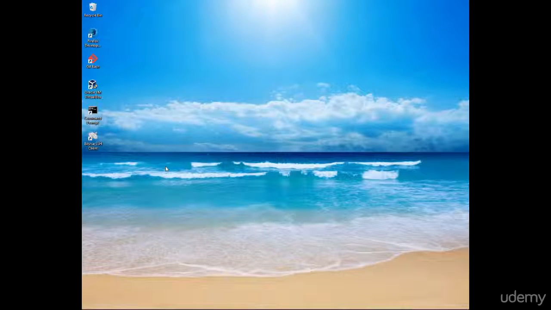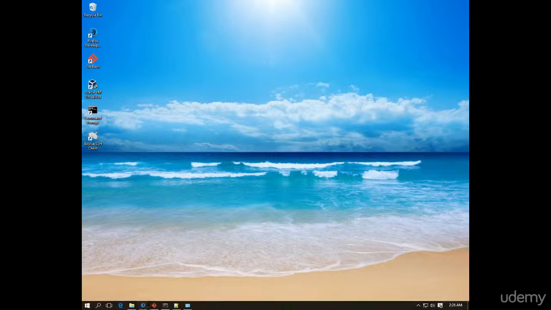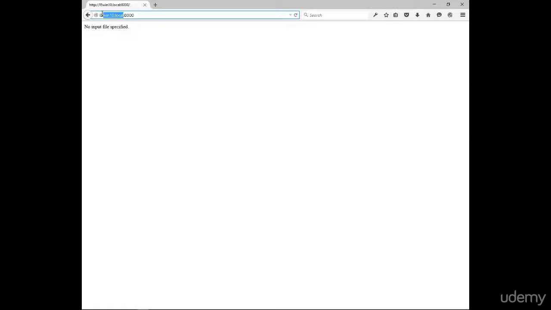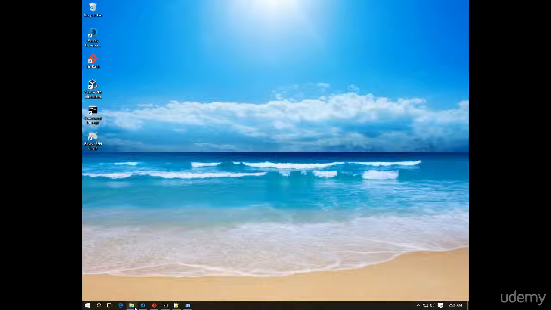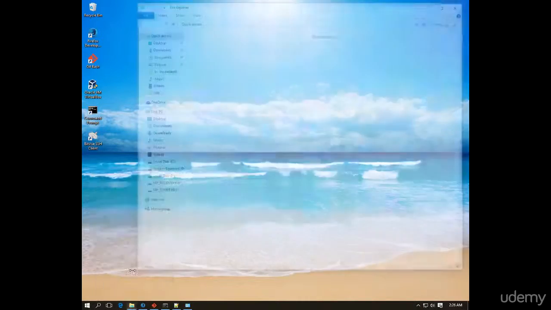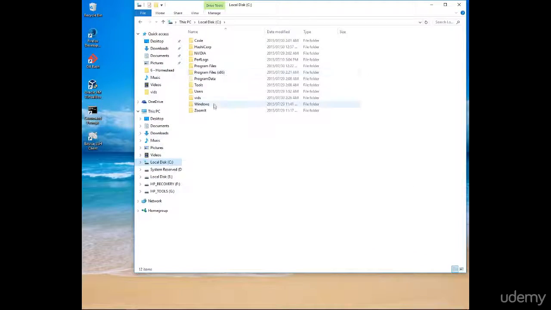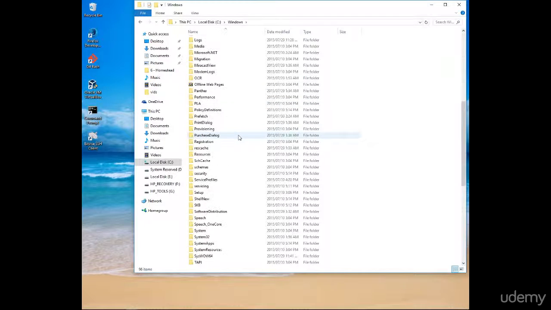The reason we need to use a tool like Fiddler is because we can legitimately do this. We can say that mapping in the etc hosts file and then pass the port, but we can't get rid of this port mapping in the etc hosts file. It would be ideal if we could do something like this and go into that directory,